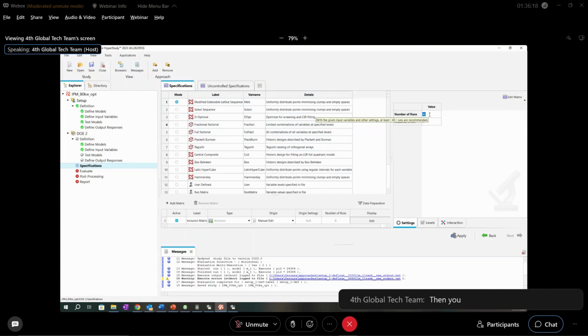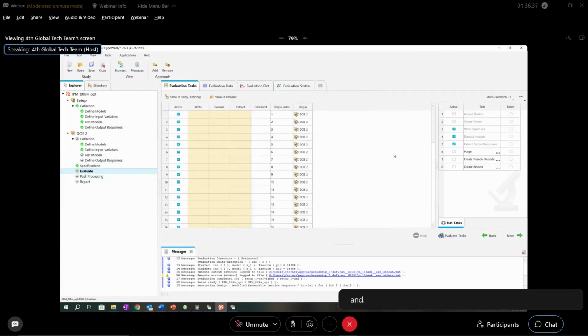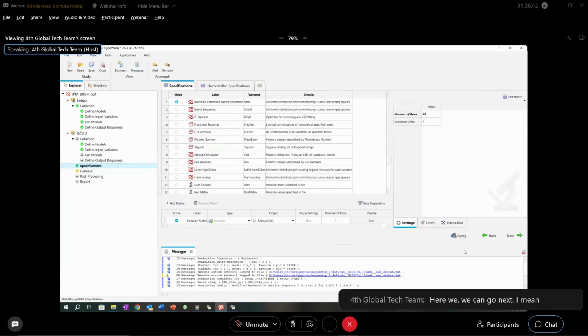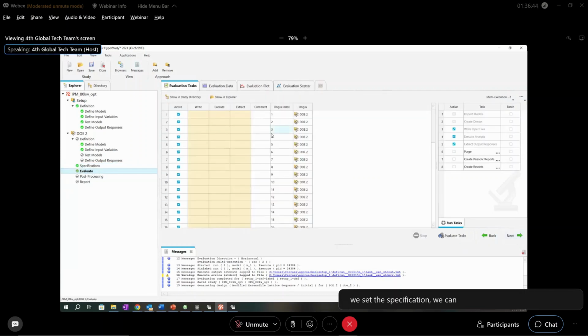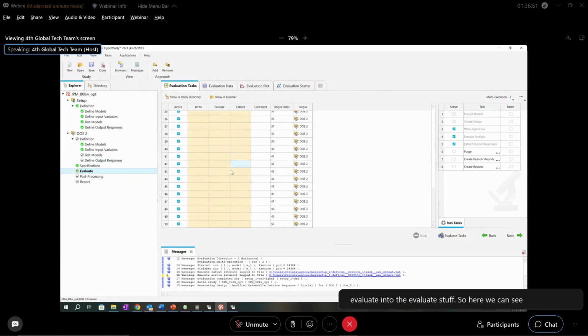Then you are able to change the number of iterations, in this case with the MELS. You can put 15 or more. It depends on the time that you want to wait for the results. Once we set the specification, we can click on next and go into the evaluate step. So here we can see the 15